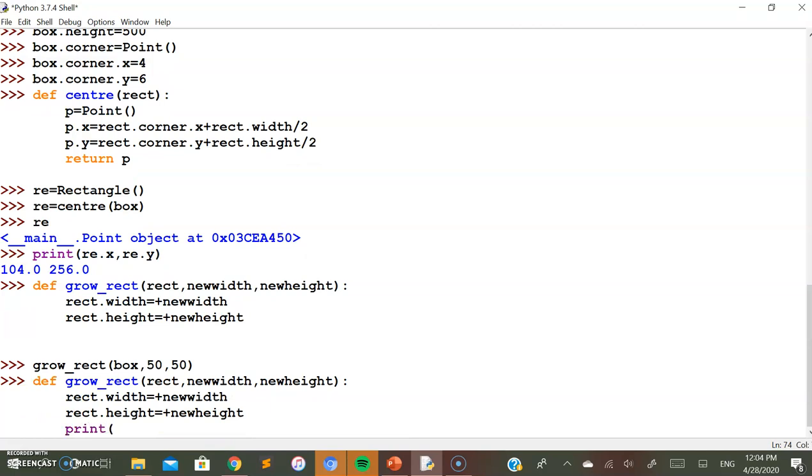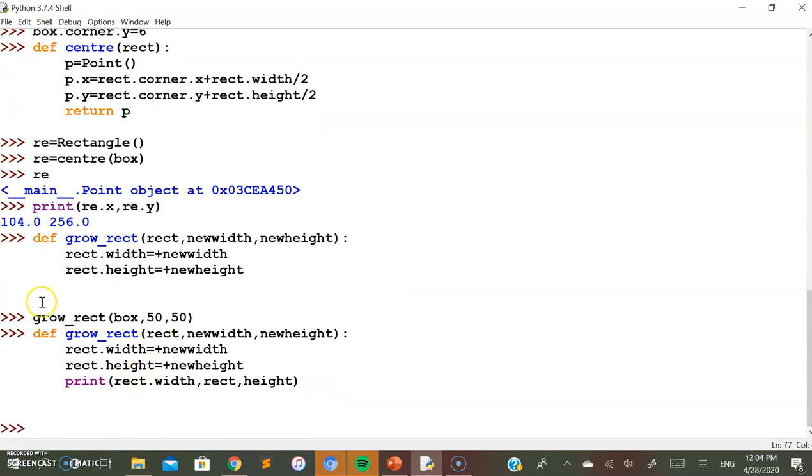Print the values to know whether the values of the height and the width have been changed or not.